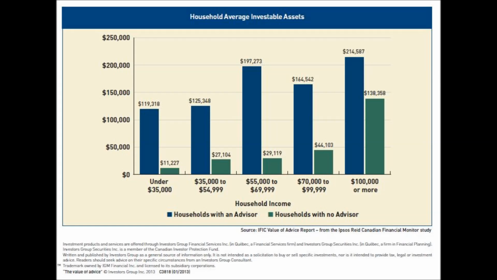Pretty significant. If you look at 197,273 right in the middle there, of household incomes between 55,000 to 69,000, quite significant growth, as opposed to these people who are probably in their prime earning years and very busy with households and kids going in and out of schools and activities and jobs that take a lot of their time. They probably don't have a lot of time to allocate to investing their money and making sure it's growing properly. And look, you can tell by the results, they're only up at 29,119. So good charts, great comparison there.